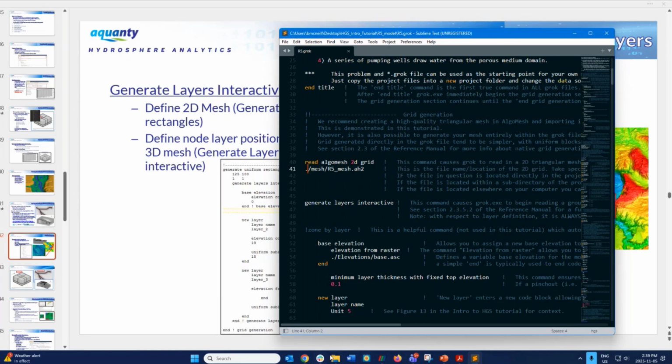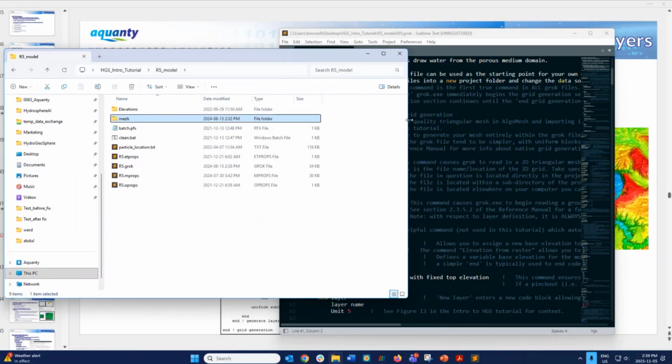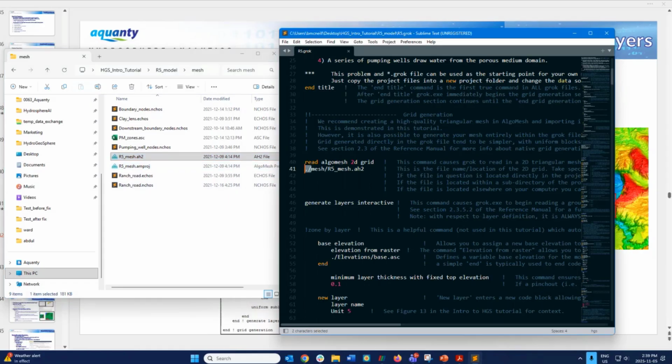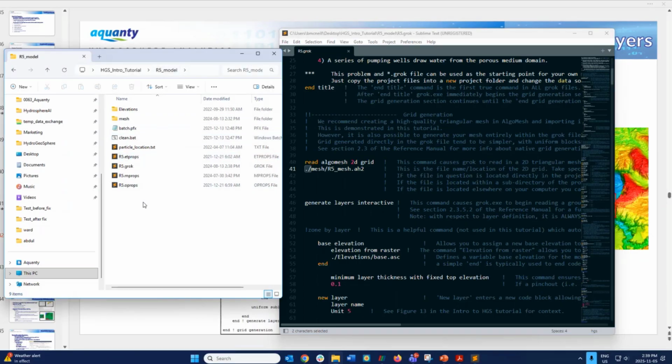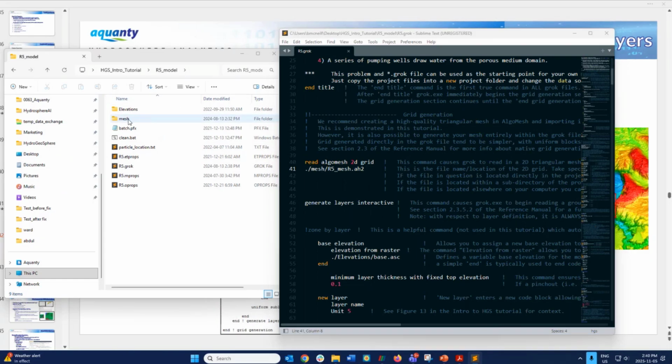In our project folder, we have a mesh subfolder, which contains the actual mesh itself. So when we include the key characters ./, that says relative to the current project folder. Starting here, you will find a subfolder called mesh, and then in there you'll find